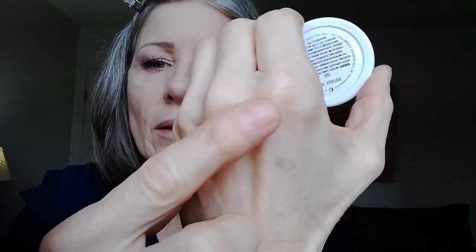It's almost like a cream to powder, but look at that color. Oh, is that not beautiful? That pink is so beautiful and so natural. And when you put this on, as I noticed with all cream products, it looks like you're glowing within,